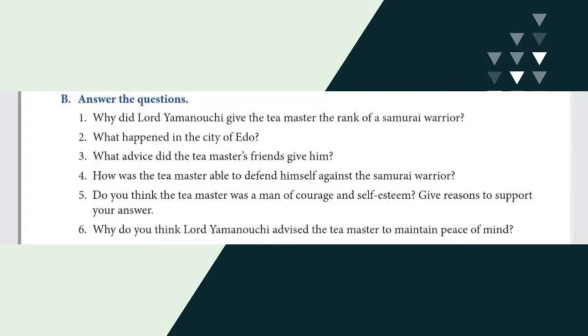Whatever problems will happen, he can face. So this is the way. It is a sign of a samurai warrior. So he advised the tea master to do the same. Students, now the second exercise is also over. So write the book back exercise, choose the best option, very neatly and clearly in your textbook.